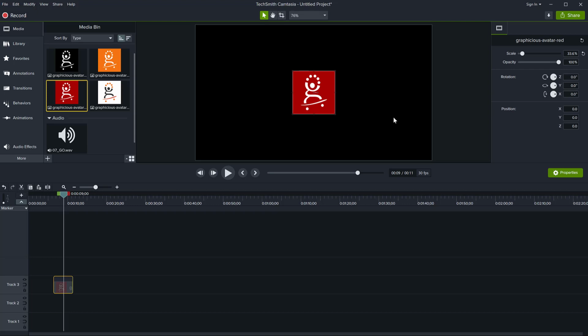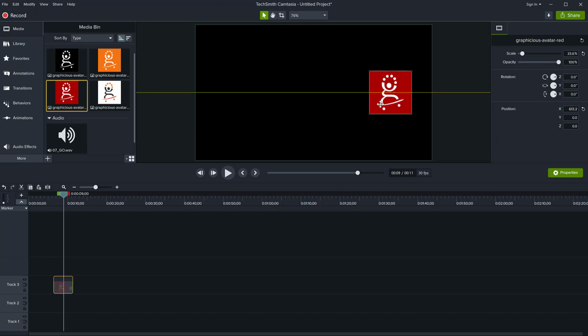So how does animation work? Well, animation works with something called keyframes. So you have a starting keyframe and an ending keyframe. In these two keyframes, these are the start and the end state of your object. So if you want to move an object from the left of the screen to the right of the screen, you need to add an animation, and at the start of the animation, you need to put the object here, and at the end of the animation, you put it here. Then when you play the animation, the software creates all of the steps in between.